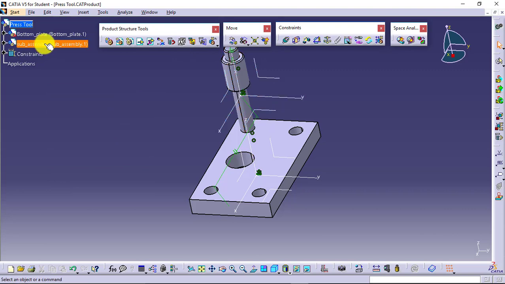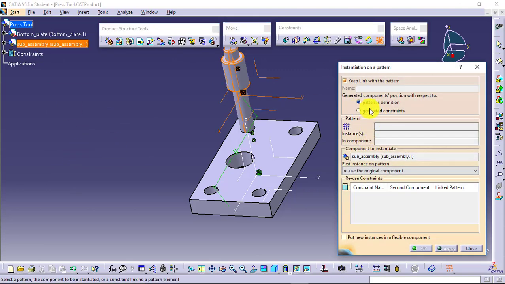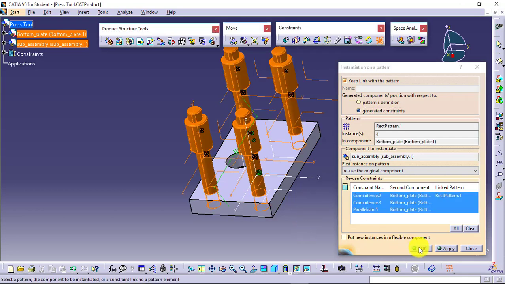What I will do, I will again go for sub-assembly, go for reuse pattern. This time I will focus on generated constraints. What I want is, I want the constraints also to be followed, to be patterned. Select this and go for selecting the pattern and press OK.